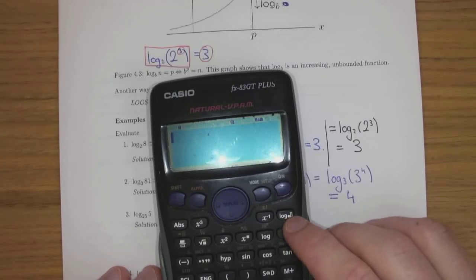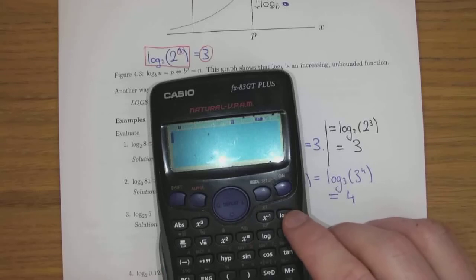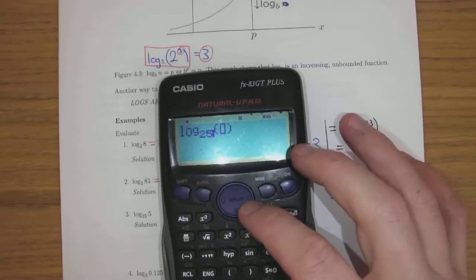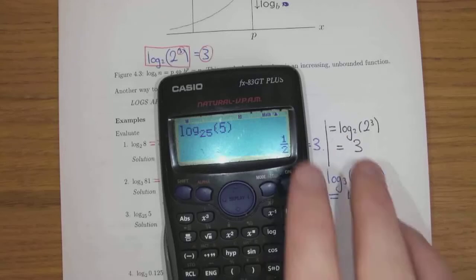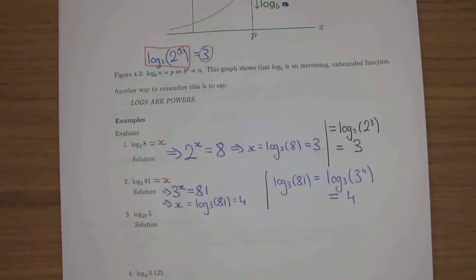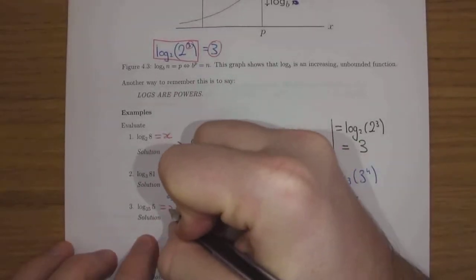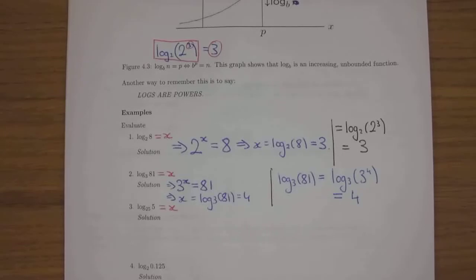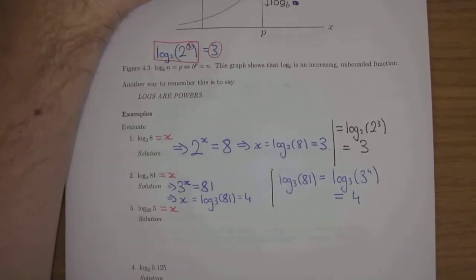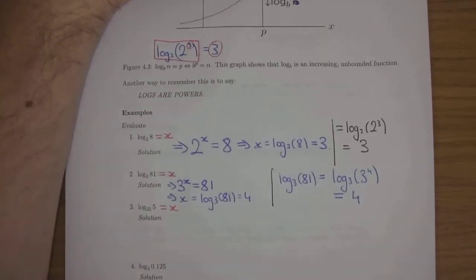You should get a calculator with one of these variable bases. So log base 25 of 5 is a half. Now let's see where that half comes from. Yeah, it's not easy. There's no two ways about it. Let's see how we get on. We might be able to solve it some weird way, I think. Yeah, I'm going to solve it a weird way,